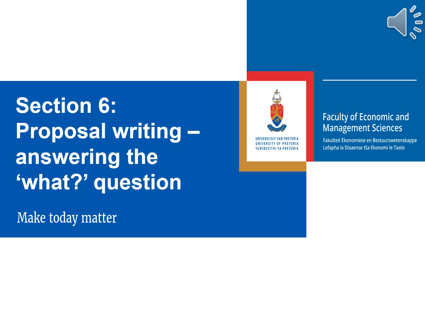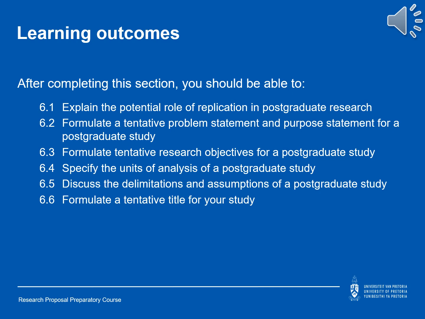In this lecture, we are looking at some more of the practical aspects of research proposal writing. After completing this section, you should be able to explain the potential role of replication in postgraduate research, formulate a tentative problem statement and purpose statement for a postgraduate study, formulate tentative research objectives for a postgraduate study, specify the units of analysis of a postgraduate study, discuss the delimitations and assumptions of a postgraduate study,